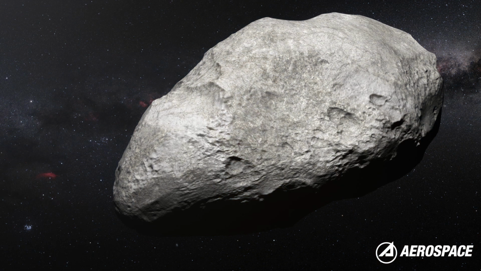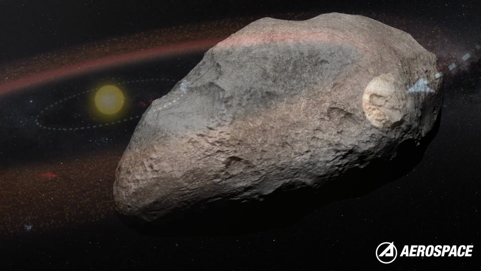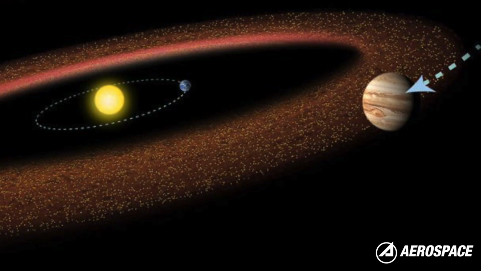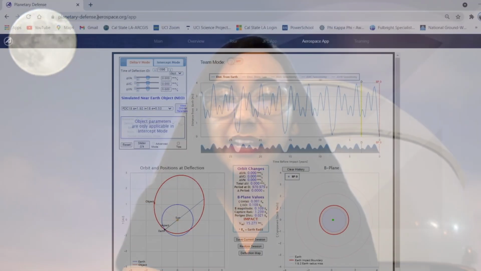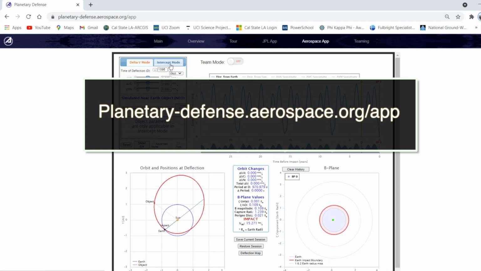lesson all about near-Earth objects, like asteroids. An asteroid is a small rocky object that orbits the sun. You may have heard of the asteroid belt located between planets Mars and Jupiter, where tons of these rocky bodies live. The Aerospace Corporation, in partnership with NASA's Jet Propulsion Laboratory, or JPL, created a near-Earth object deflection app, where